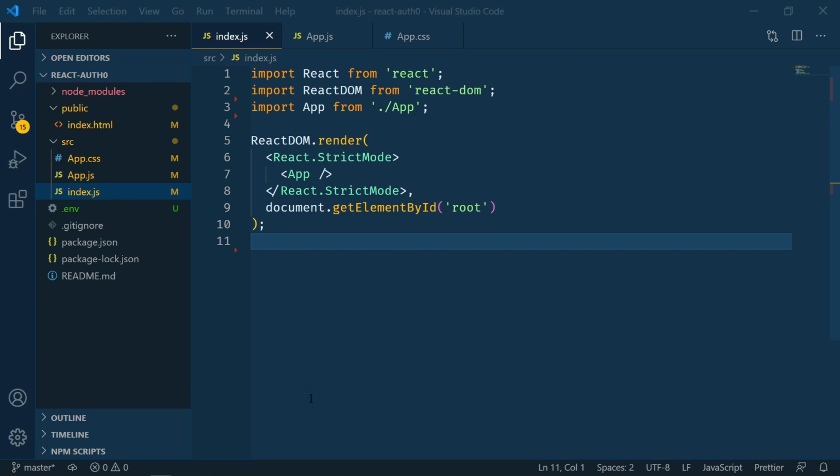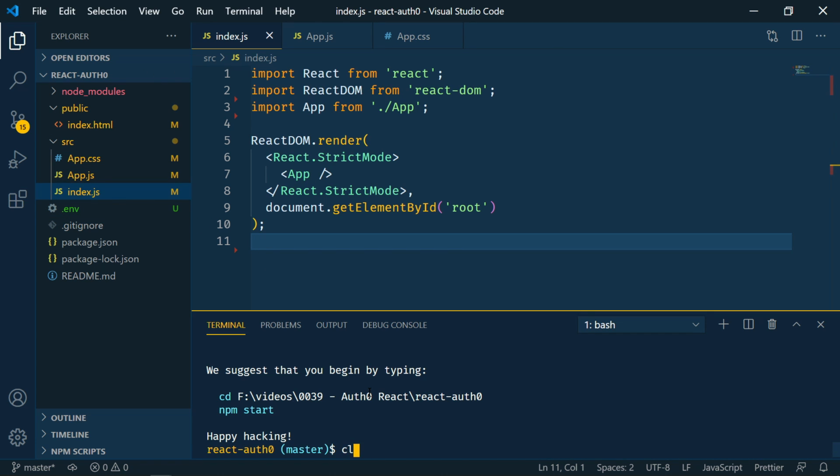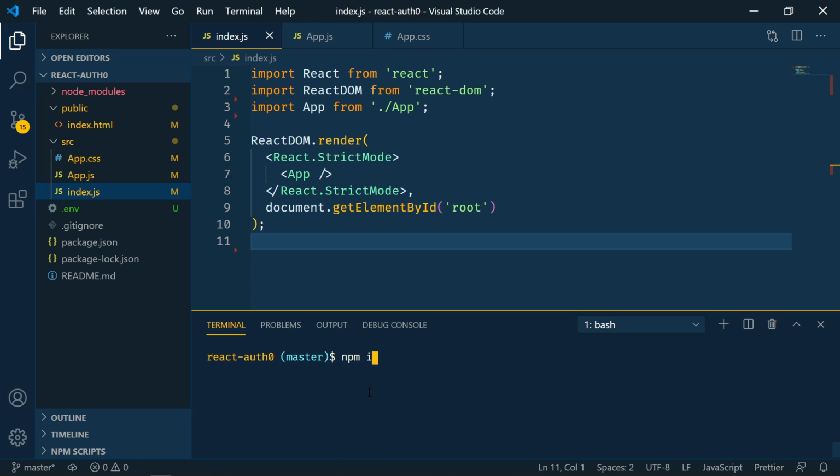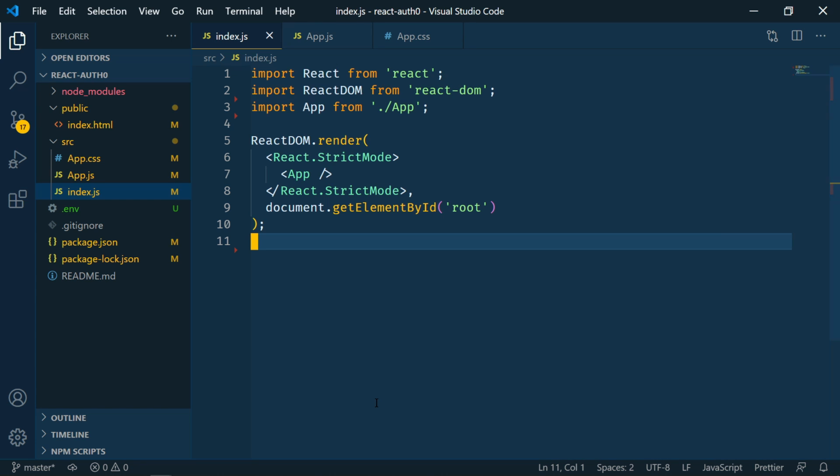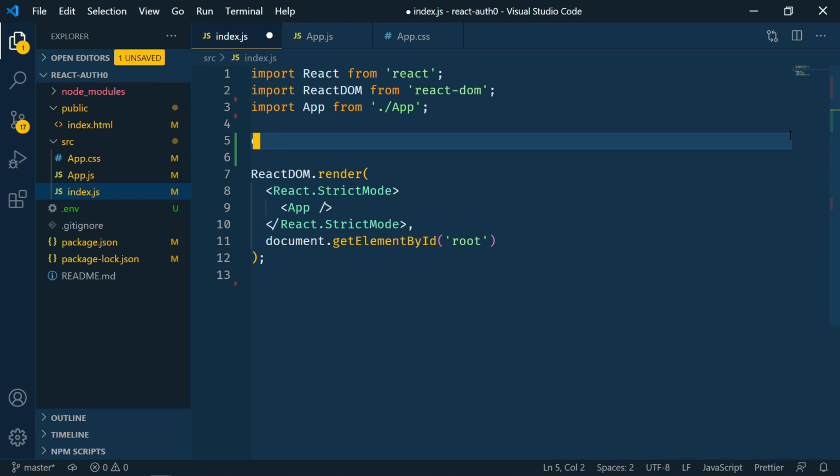The next thing that we'll need to do is let's open the terminal again. And we need to install the Auth0 package. So we'll do npm i @auth0/auth0-react. This is just going to take a second. All right, we can close the terminal. Next, we'll take a look at the index.js. The first thing that we'll do is we're going to create a couple of variables. So we'll say const domain